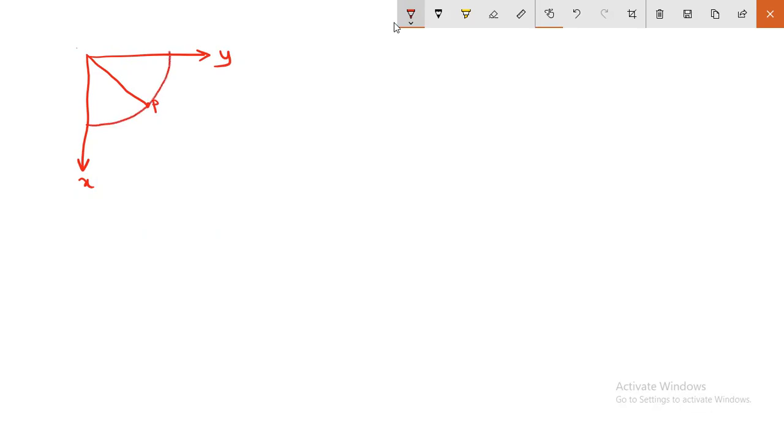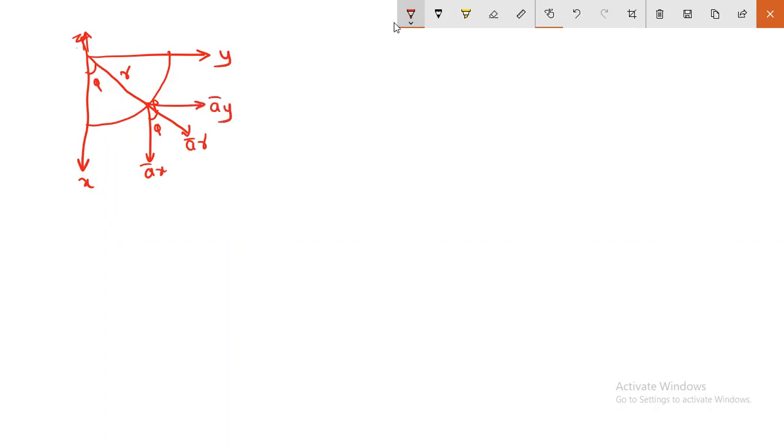Output of prime mover. So this is radius r. In the direction it is a bar r. In x direction it is a bar x. Angle between them is phi. Here also phi. And your vertical will be here, it will be z. So r, phi and z. Then in y direction unit vector a bar y.